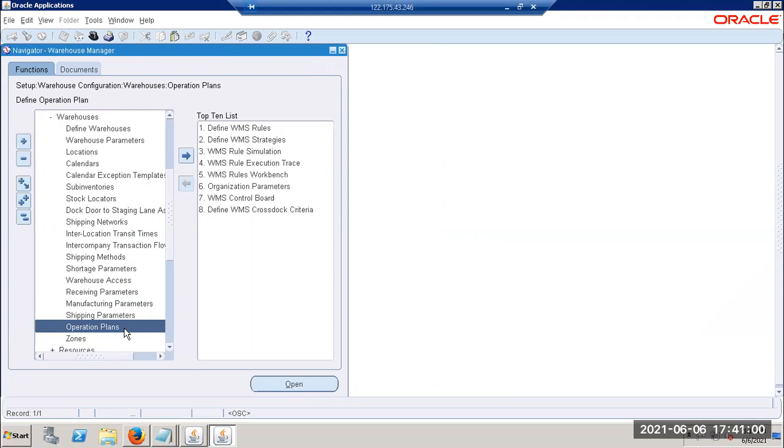We need to set up a default staging line. Like staging line, we already have that in the OM parameters, right? We already have it. Okay, so we don't need to worry about it. The cross docking one, perfect. That is also been there. So let's go ahead and create a sales order.